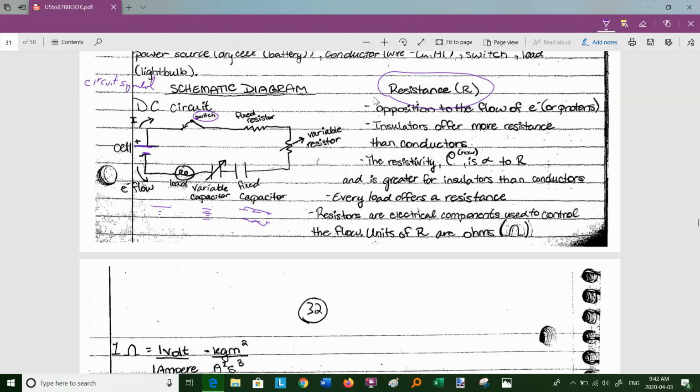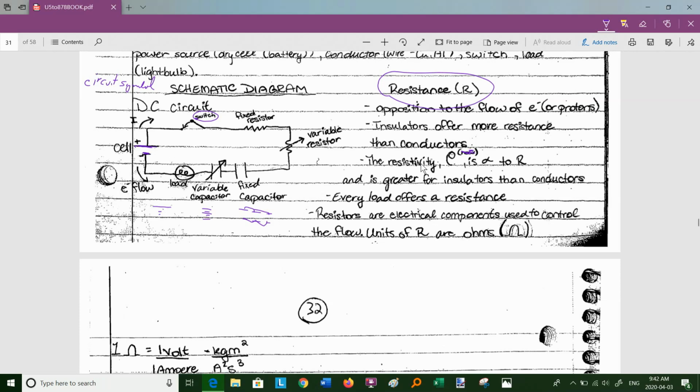Okay, so resistance is opposition to the flow of electrons or protons. Insulators offer more resistance than conductors, and the resistivity, which is a Greek letter rho, R-H-O, sort of this curly P here, is proportional to the resistance and is greater for insulators than conductors. Then there's something called conductivity, which is the reciprocal of resistivity, but we won't really talk much about that. But resistivity, we're going to look at some equations about that, and